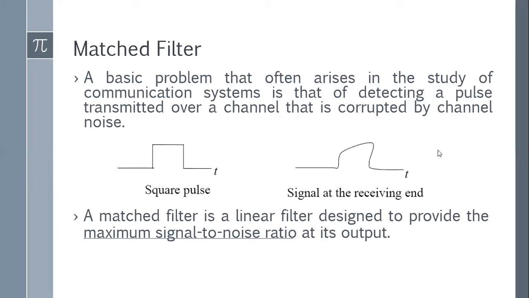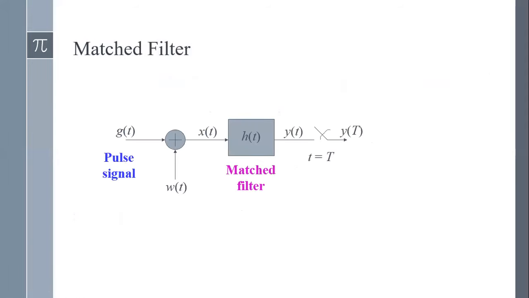Okay, so now the design: the matched filter is a linear filter, and its job is to maximize the signal to noise ratio. Now what is signal to noise ratio? Signal to noise ratio means signal power divided by noise power. So if I want a good system, then the signal power should be highest and the noise power should be not zero, but at a minimum value. So we need to maximize this. That means a matched filter should be designed in such a way that it can maximize this signal to noise ratio. Fine. So let us move on.